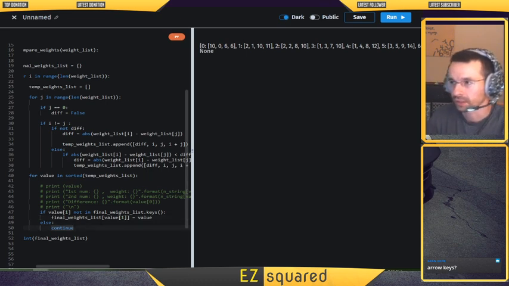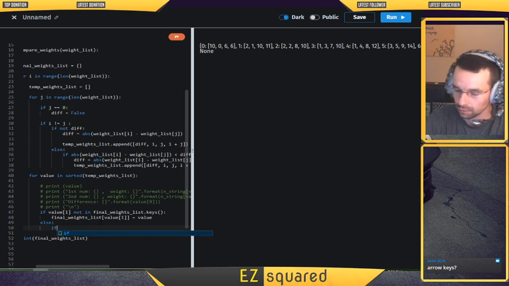But I want to make it so that if the number's in there, it also compares the indices. Okay, so if value 3 is less than,